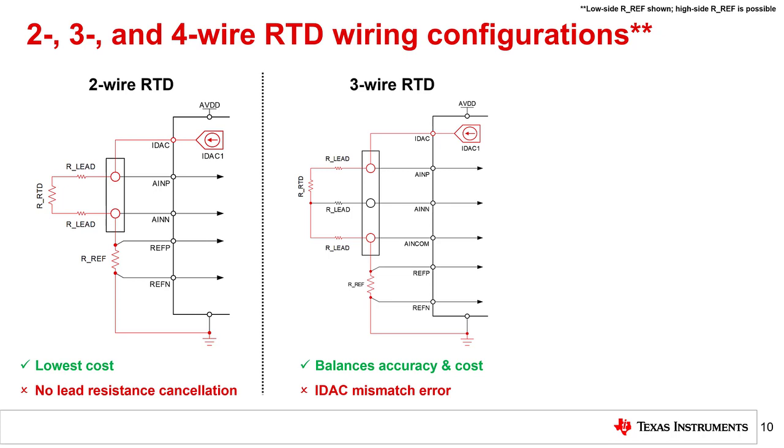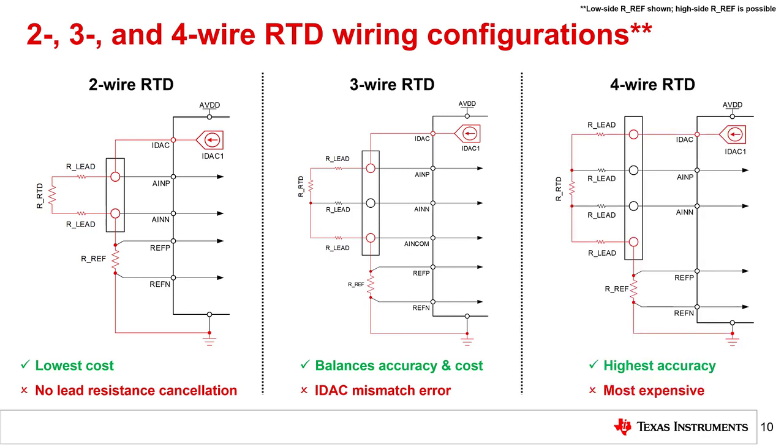Similar to a 2-wire RTD, each wire has some lead resistance, R lead. Unlike a 2-wire RTD, the measured input only includes one R lead, which can automatically be removed from the measurement using 2 different methods. The first method uses a single current source and is shown on this slide. The second method uses 2 current sources. Both of these methods are discussed in more detail on the next slide.